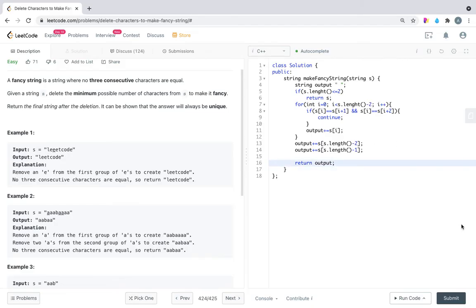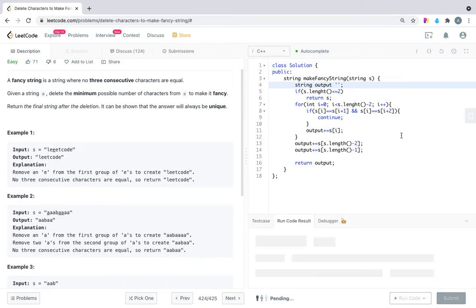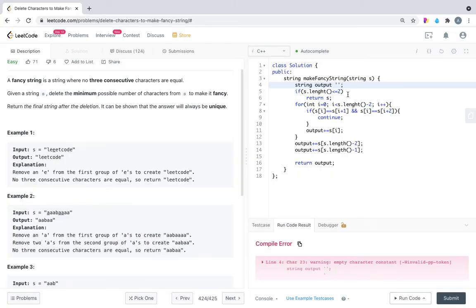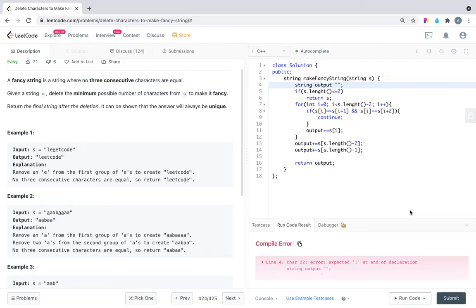So let's run this for the custom input. There's an error: expected this at the end of declaration. So we have declared this, so it should be like this. The empty string declaration, how it is done: string output is equal to this.